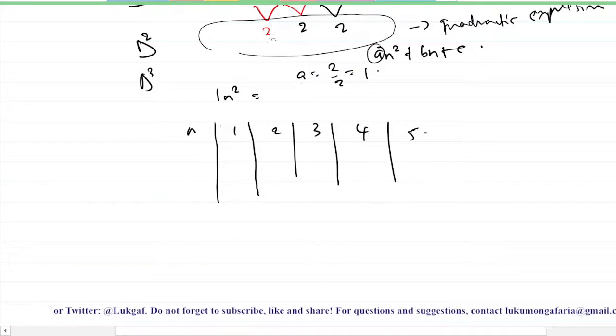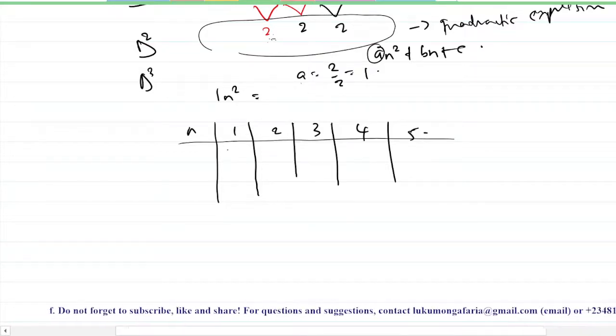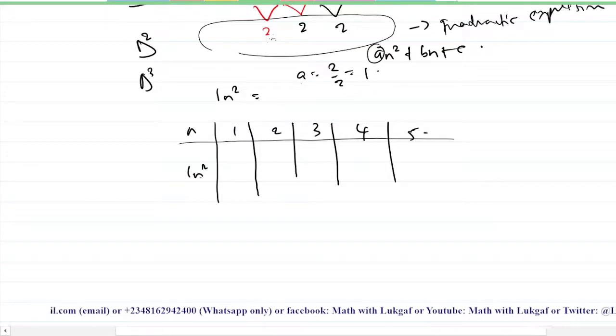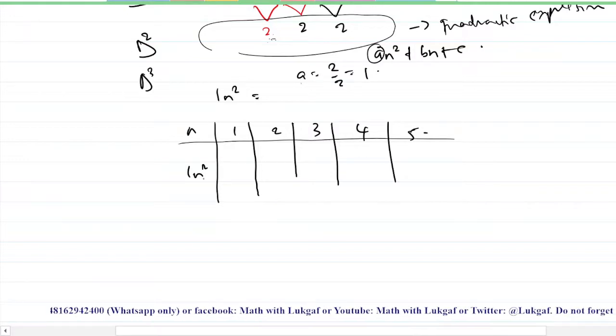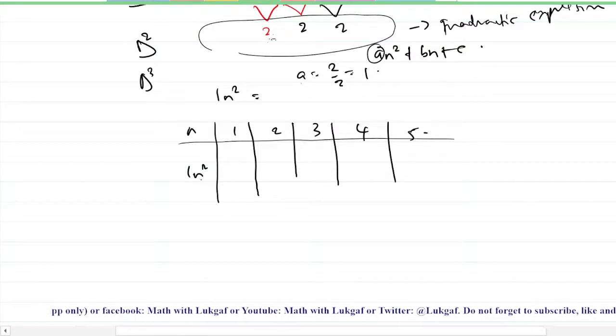Understand? Then now I'm going to have what? So I'm going to have my n squared, 1 n square. So for your n squared, you are going to obtain the general terms of it. You understand now? So if you do that,